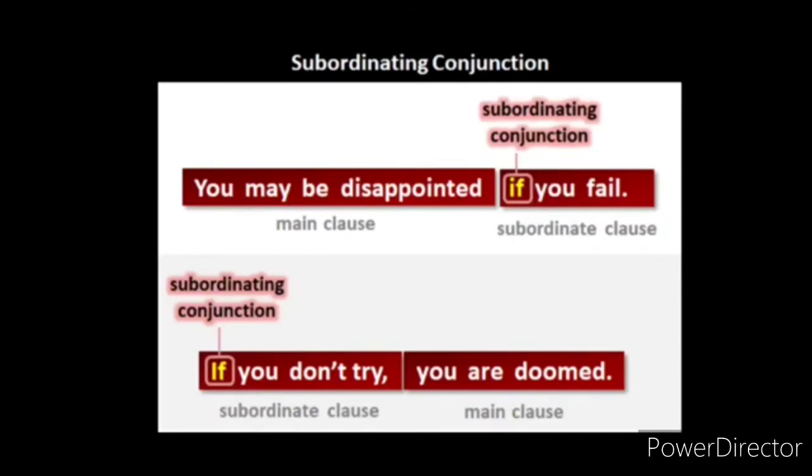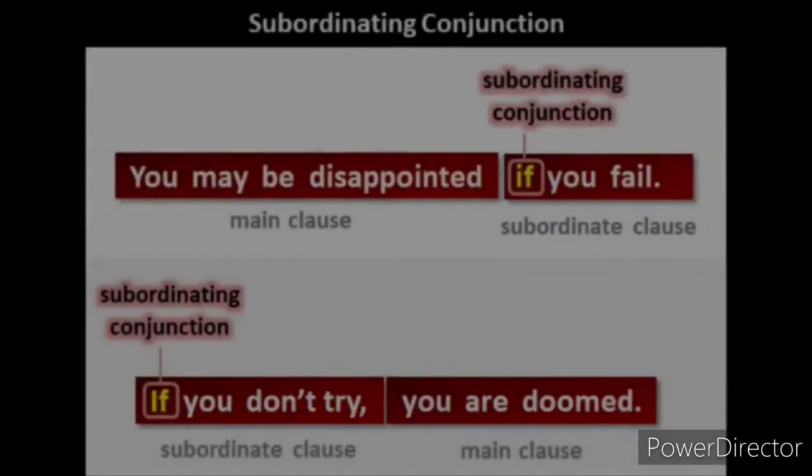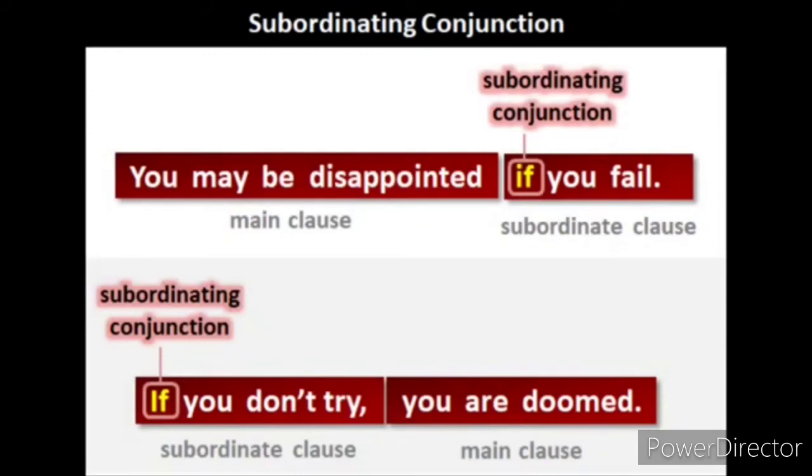Likewise, we have to use the subordinating conjunctions according to the sentence and according to its usage. We have to use the related subordinating conjunctions for the sentence to express the categories. We have seen the categories of the subordinating conjunction. As per the category, we have to use the conjunction to make a meaningful sentence or to join sentences using the subordinating conjunction, children. So children, that's all about the subordinating conjunction.